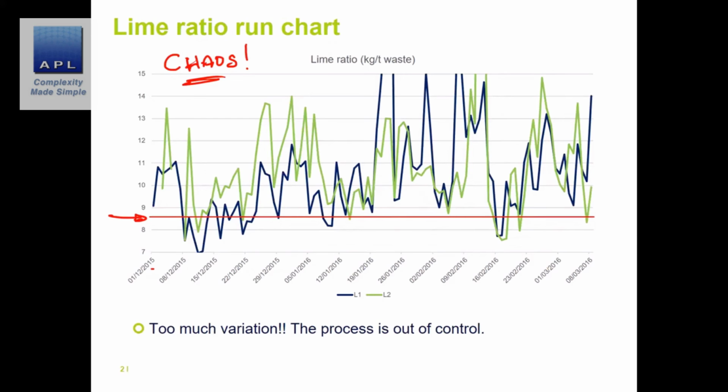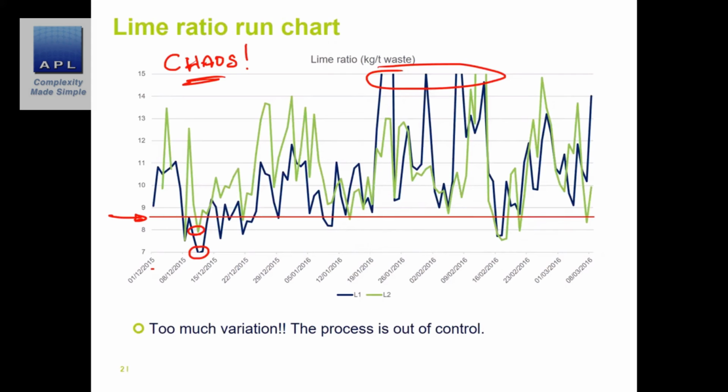You cannot learn anything or do anything with a process when it is in complete chaos. Sometimes we hit the target. It's a rare day at the office, but it does happen occasionally. Sometimes, wow, where are we going up here? We fly off the graph